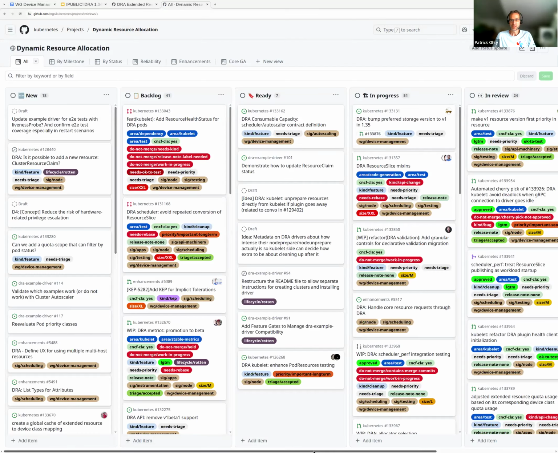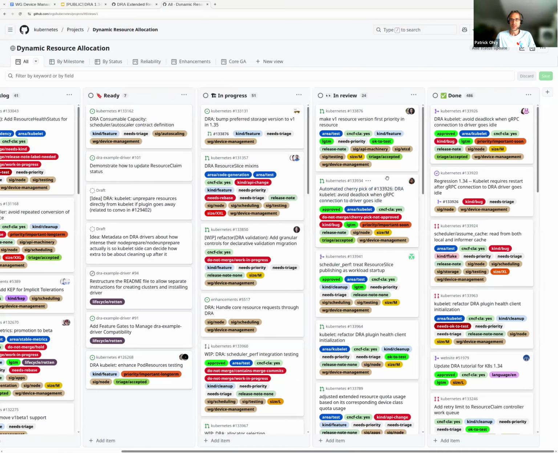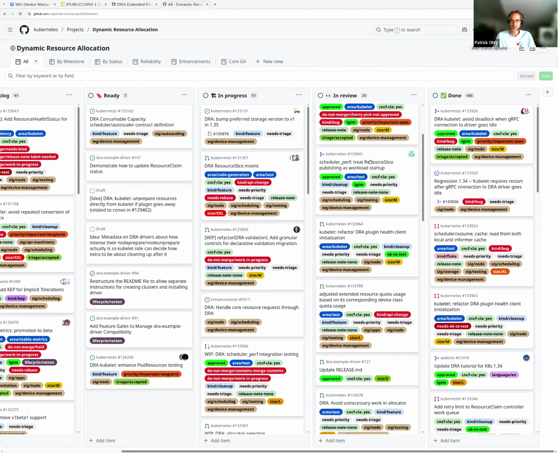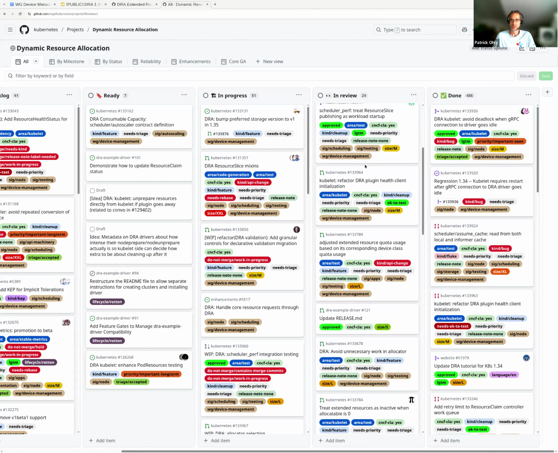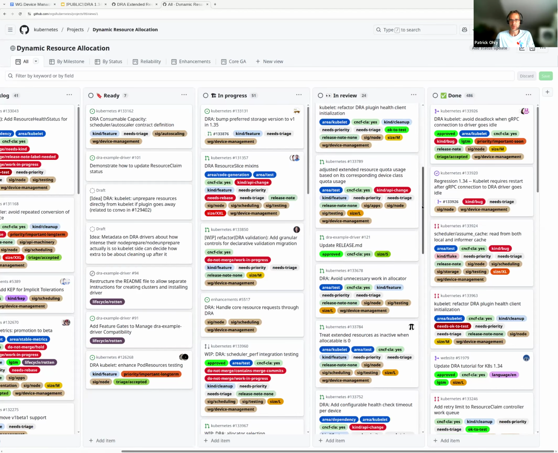I'm trying to keep it updated, and if you want to participate, you can find work to do by looking at the in review column. That's what people are submitting for reviews. If you're interested in what's being actively worked on, look at in progress and in review. In progress typically has the issues. In review are the PRs that literally need a reviewer right now.